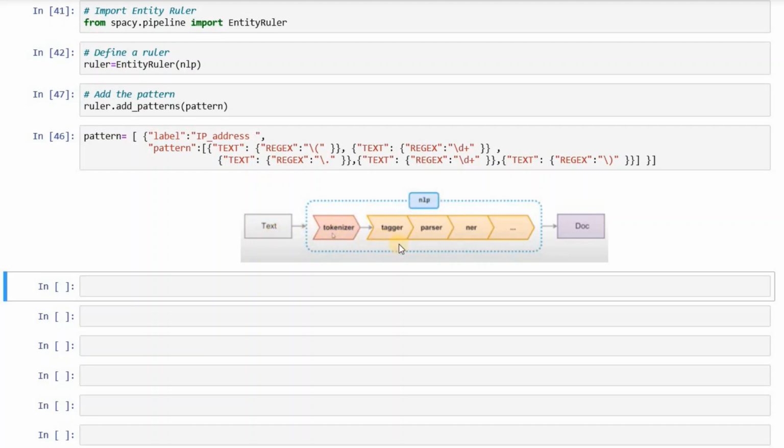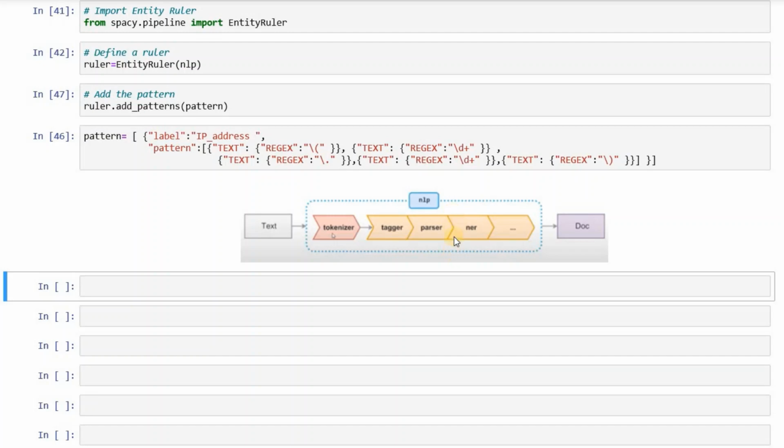It first tokenizes it, then tagger, parser, NER, all these things work. So we have to pass this ruler somewhere here before named entity recognition. We would always pass it after the tokenizer. This is where I want my pattern.